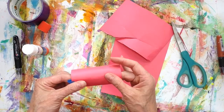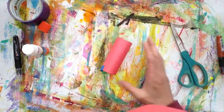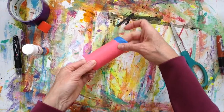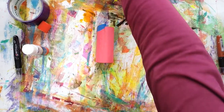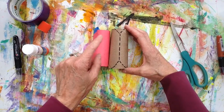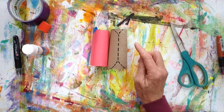Awesome. Cool. So this glue stick, it actually is drying pretty fast. So we'll get this out of the way. So now the next thing that we want to do, after this is on, is we want to cut the cuff. Now the way that we want to do that is we're going to take our tube, and you're going to go ahead and draw on here these dotted lines,